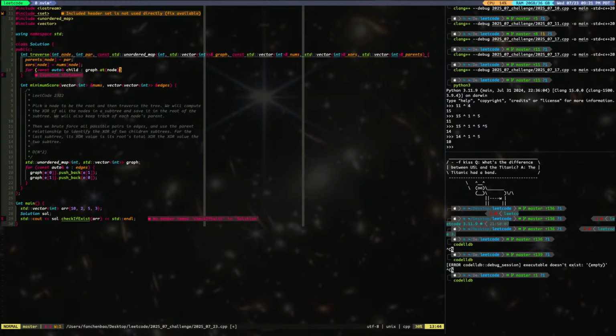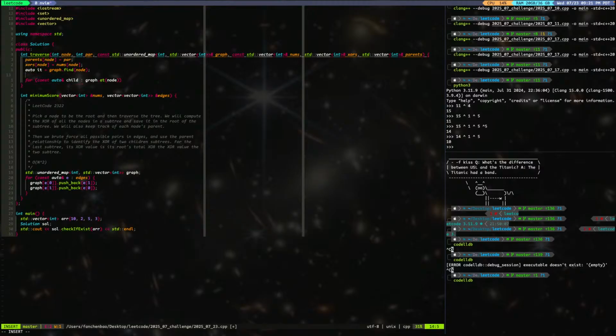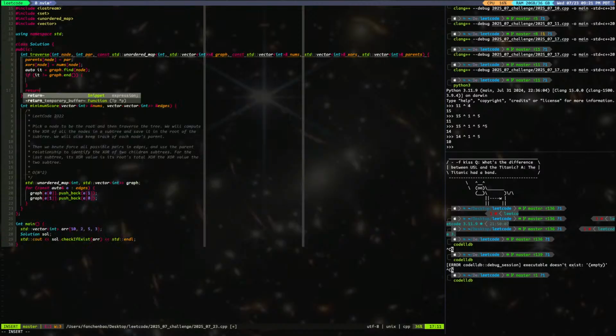Oh, what does at return? I think it should be auto it shall equal to graph dot find node. Right? And then we say if it is not equal to graph dot end, then we do this. Alright, and at the end we'll return exclusive